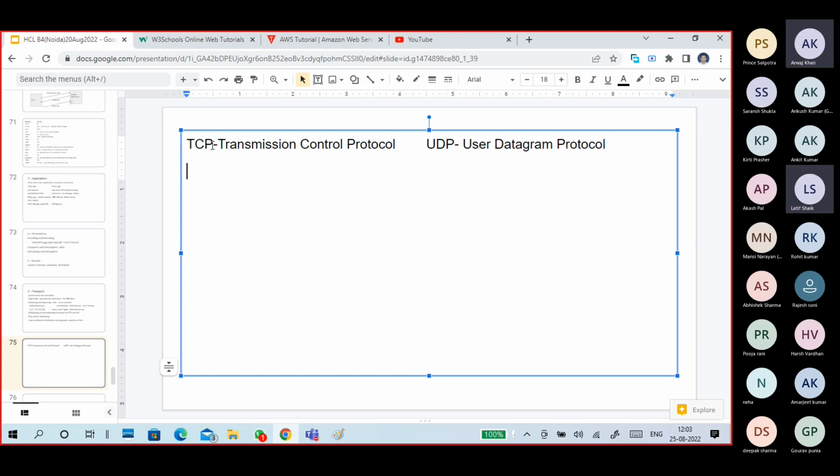So what is this TCP, UDP? What is TCP? What is UDP? Both are protocols, but each is a type of protocol. TCP gives feedback, but UDP does not give feedback. Very good. So TCP is an acknowledgement